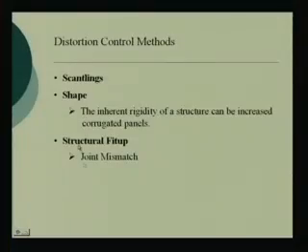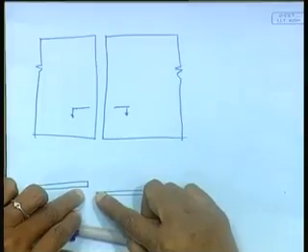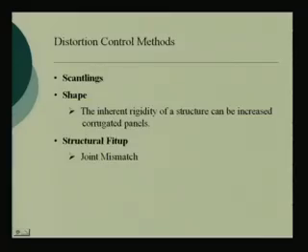So, joint mismatch has to be avoided, or in other words, you have to take care of these. You have to first fair them and align them. This is one simple example. There can be many other examples. That means, essentially, whenever the structural fit up is being done, joint mismatch has to be avoided as far as possible. Here I am not avoiding it, by force I am aligning them,